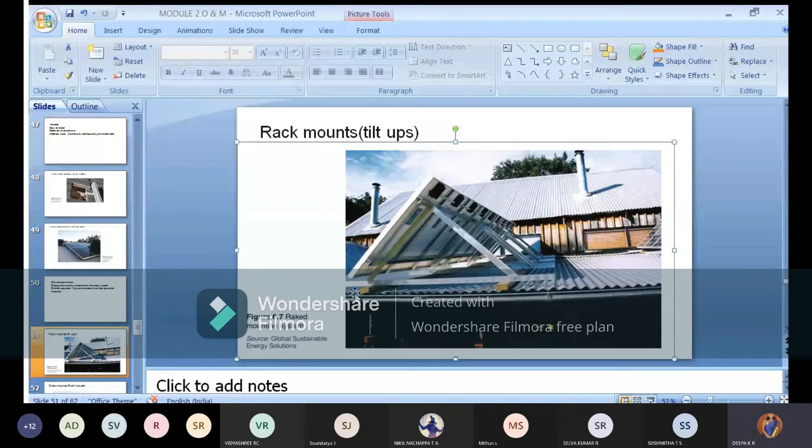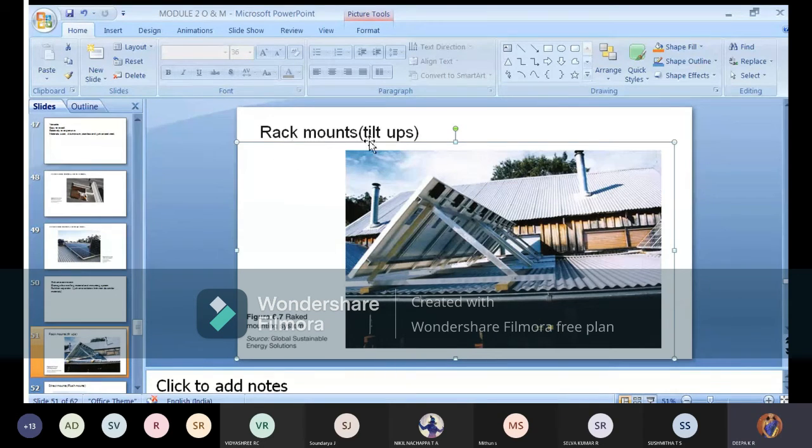So the panel is there, the rail is there, and of course they have taken some wooden support. But here, as the name says, it is rack mount. Everyone has seen book racks. It is like step by step, you have a separation and you can keep a number of books. This is called tilt up. Tilt up means you are intentionally pushing the things up. In the earlier cases we discussed, roof mounts and pitched roof mounts for different tiles and different metals, nowhere was your panel in this shape.